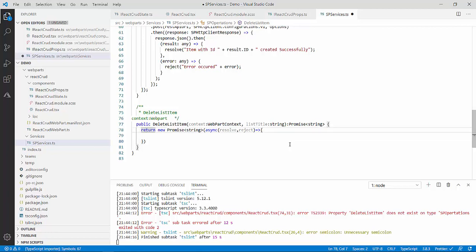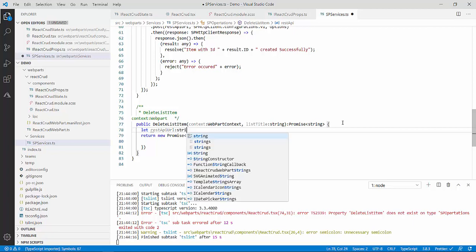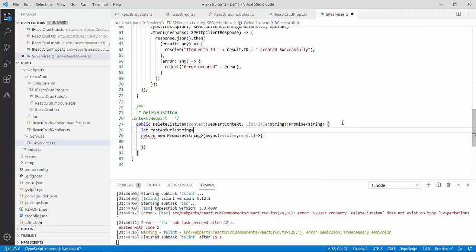So first of all I will create the REST API URL. At the top, let's go and create the REST API URL. Let REST API URL of type string. It's very simple.